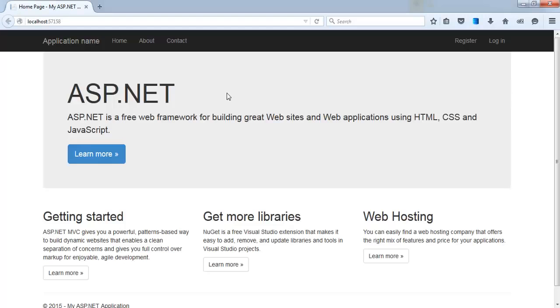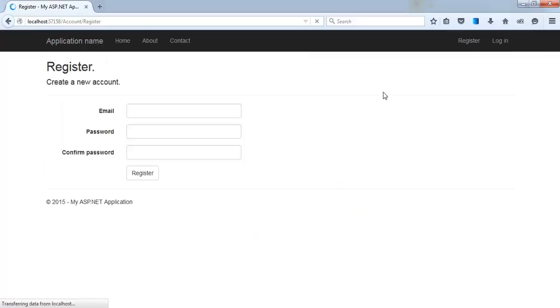And here is our home page, and here are the links for register and for login. So come here on the register link and create a new account, like foo@foo.com, and now